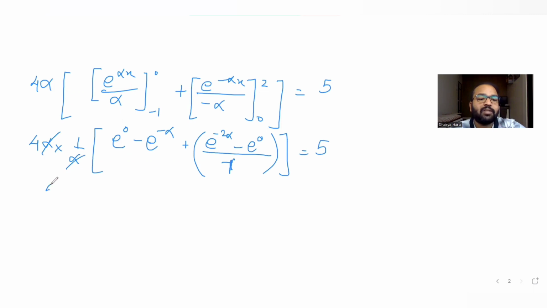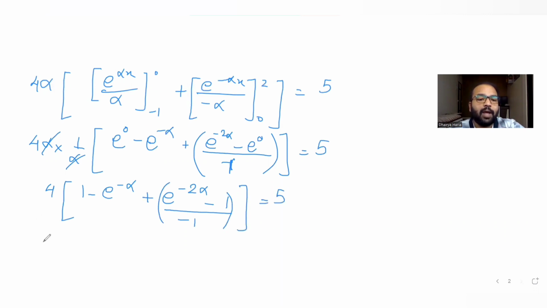5. Alpha cancels, 4 is left. E raised to 0 gives me 1 minus. This becomes e raised to minus alpha plus e raised to minus 2 alpha minus 1. The whole is divided by minus 1. So now if I apply this idea, it becomes 4, 1 minus e raised to minus alpha. Now if I multiply this minus sign with this positive sign, it becomes minus. So minus of the whole bracket